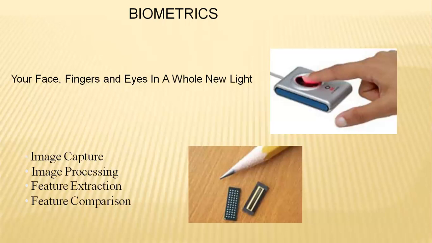Firstly, it is divided into four basic features: image capture, identifying the image initially, processing the image, feature extraction and feature comparison. So capturing the image, processing it into the directory, and later extracting it because it has to be compared with a particular file signature already stored by default,